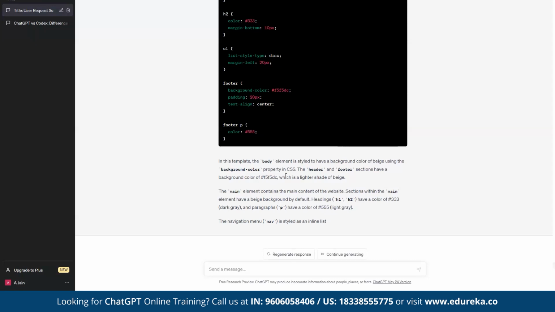You can copy paste your code and ask it to proofread it, test it. Also the turnaround time for a developer who is using ChatGPT will be much better than for someone who is not using ChatGPT.